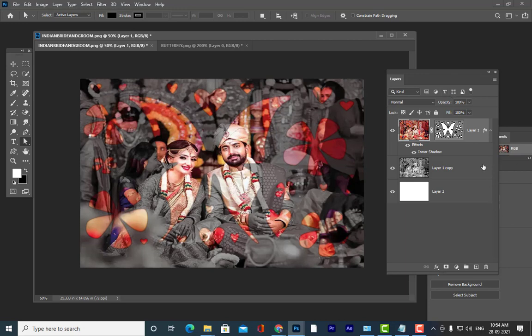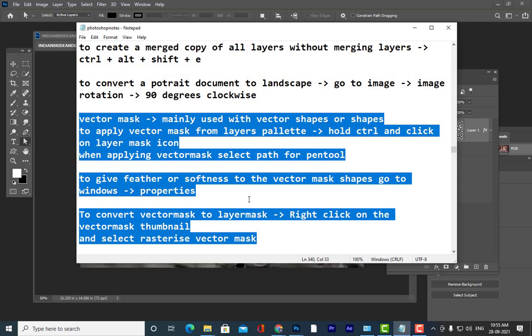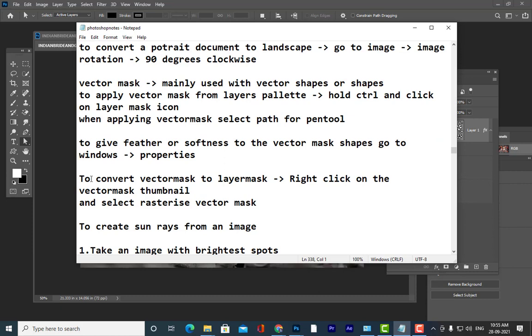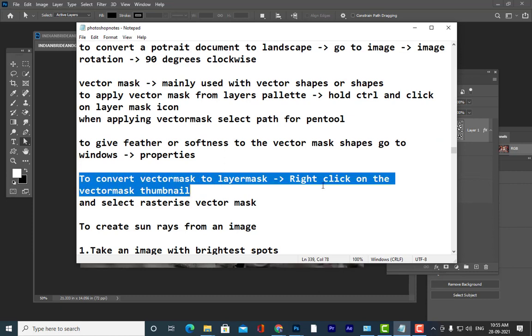One thing is, we can also convert the vector mask into a layer mask. Are you all getting my point? We can also convert the vector mask into a layer mask. So how to convert a vector mask to a layer mask?